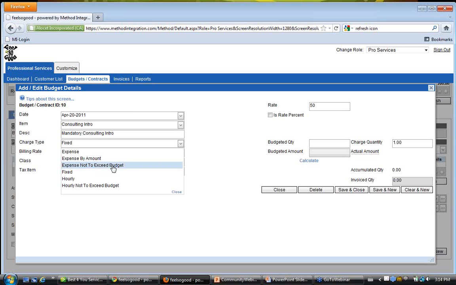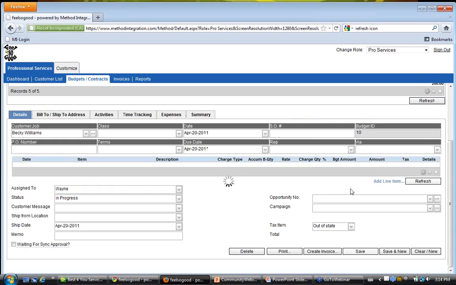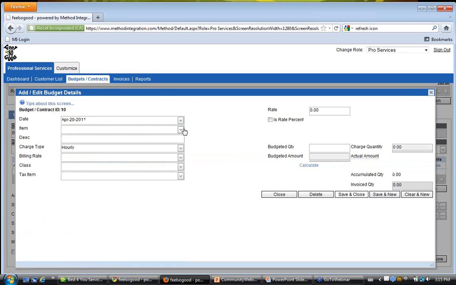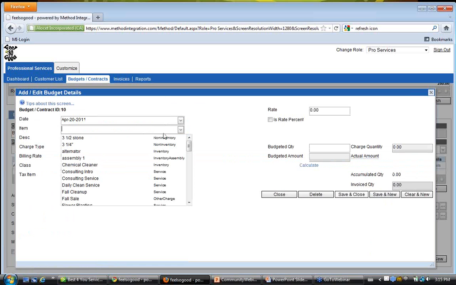So we'll go through an example now and just pick fixed, and we'll just go save and close. So here you'll see that I do have my line item added, fixed, and because it's fixed, it already has an amount that's accounted for in this budget. Let's add another line item now. This time I'll go,